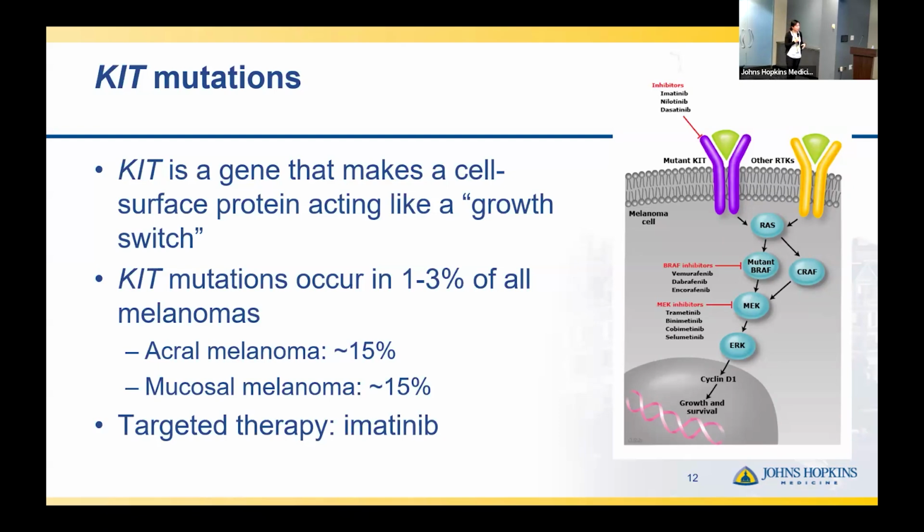This mutation occurs in about 1 to 3% of all melanomas, but is enriched in certain types of melanoma, such as acral melanoma and mucosal melanoma. Also clinically relevant because there has been some efficacy of a targeted therapy called imatinib or Gleevec against mutations in